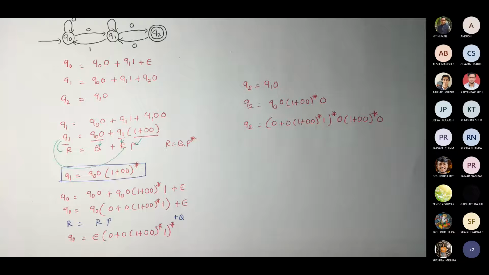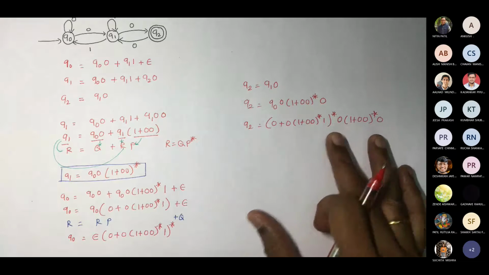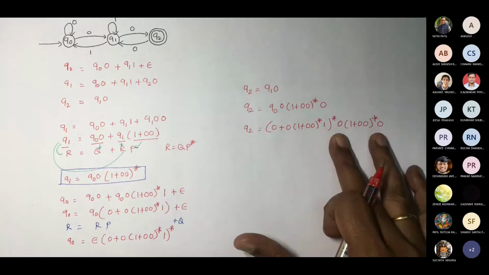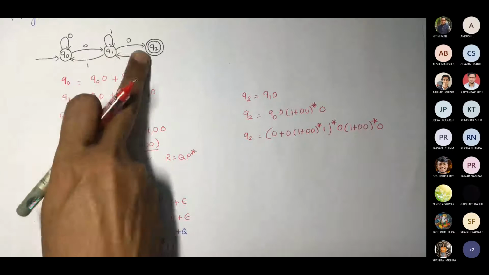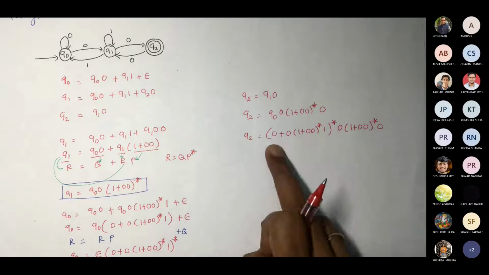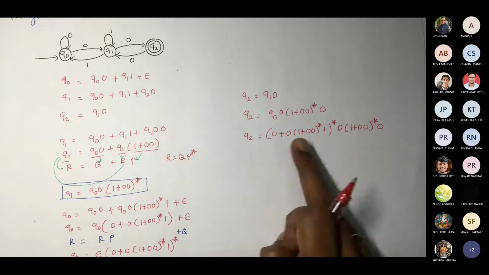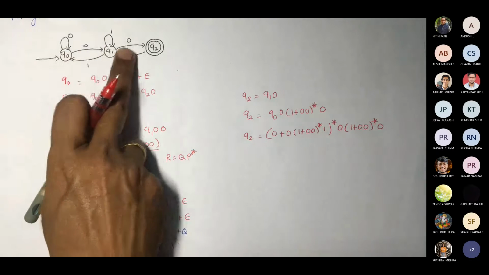Can I simplify this too, if at all I wish to? I cannot, because this is star and this is star, so I cannot replace this 0. If I make this star, and this star, both of them would be epsilon. So I should get the 0 0 string. From Q0 to Q1 and from Q1 to Q2, I got 0 0. Correct? Is that fine? If I take 0 from here, this 0, this 1 and this 0, so 0 0 1 0 0 0 1 0.